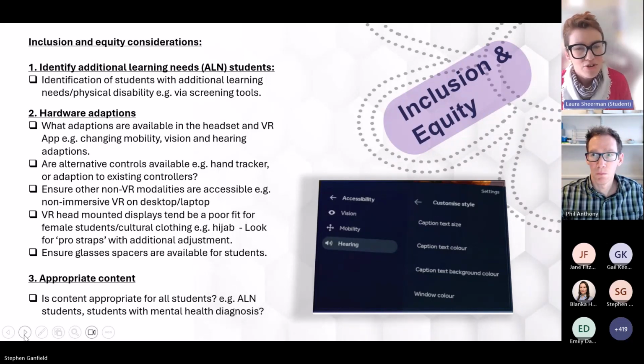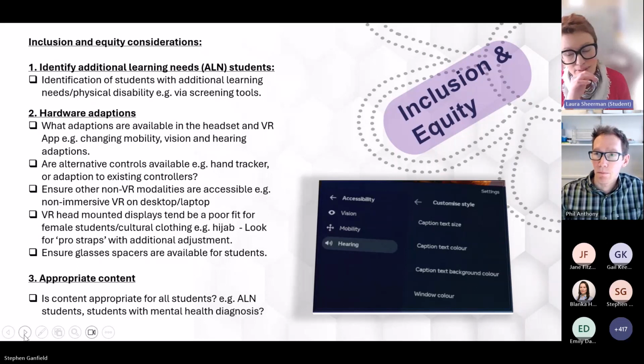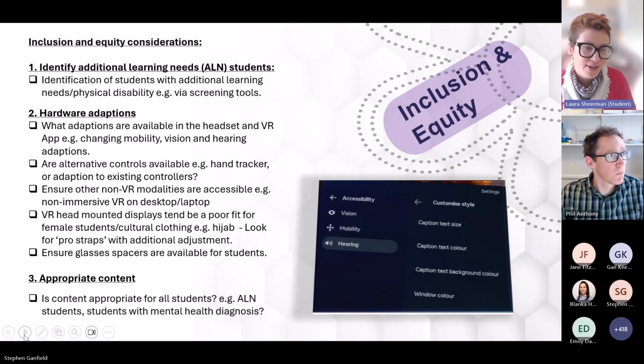We've got students from different cultures as well, religions that can wear clothing that may cover their heads, which can make wearing a VR device quite challenging. We also know as well from the study and some of the literature that female students can experience more discomfort from wearing physical hardware because of anatomical differences. Therefore, an awareness of the type of adaptations that are available and learning content can help create an inclusive, positive VR environment.